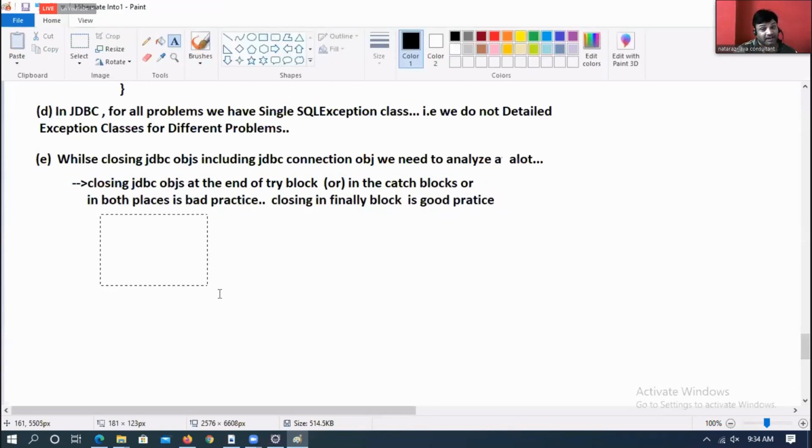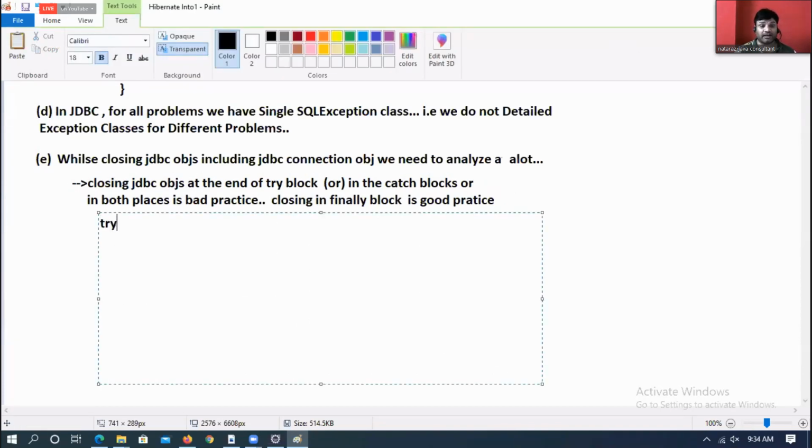Yes, but while writing in what? Listen, while writing in what? Okay, finally block also you should show some maturity, boss. JDBC code. Catch block